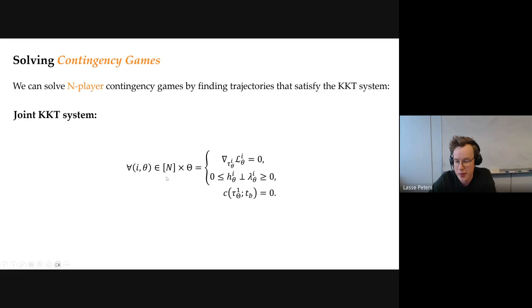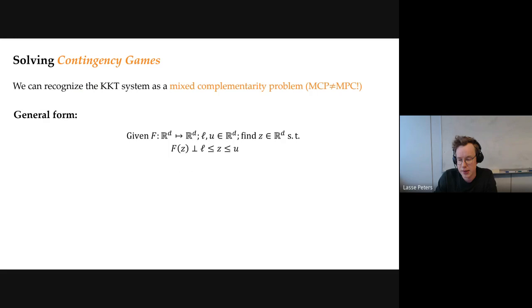And whenever the primal constraints are positive, or inactive, the duals must be 0 and vice versa. And then for the robot, we also have the contingency constraint, for which, because it's an equality constraint, there are no complementarity conditions. And so if we attempt to solve this KKT system, we can use a tool called